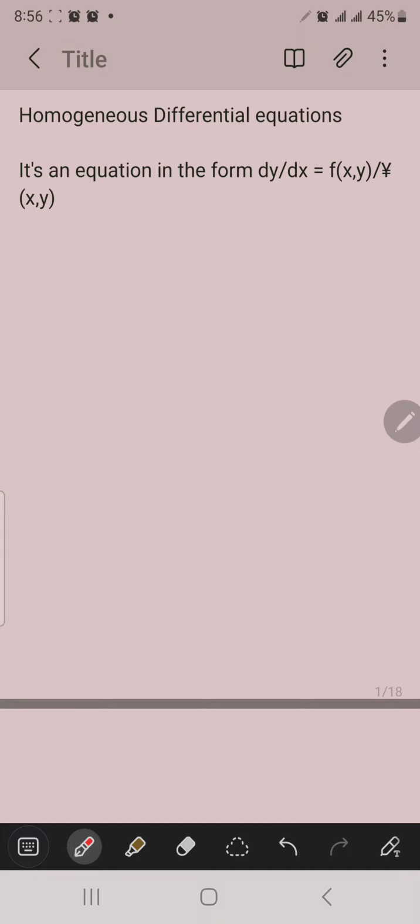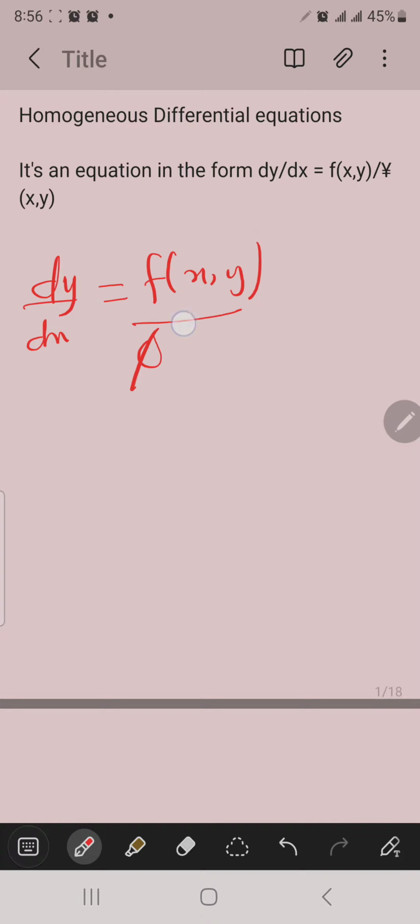This equation is in the form where we have dy/dx equals f of x, y over phi of x, y. Let me write it in this form: dy/dx equals f(x, y) over phi(x, y). That's what it means. Wherever we have this type of equation,